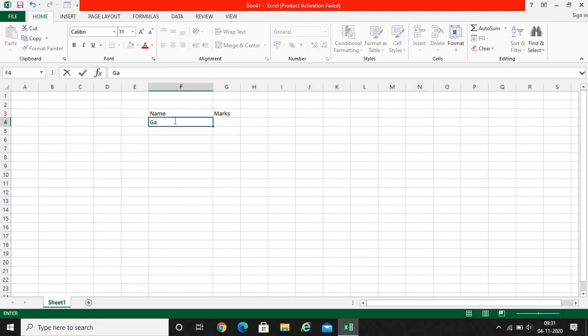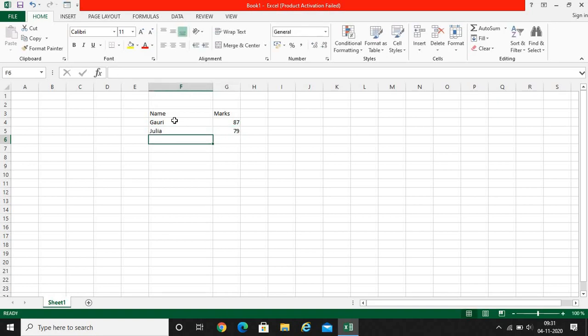The first name is Gauri, and Gauri's marks are 87. When I press enter, you can see Excel automatically understands that the next starting point will be under Name. So here I am writing Julia, and here 79 is the marks.